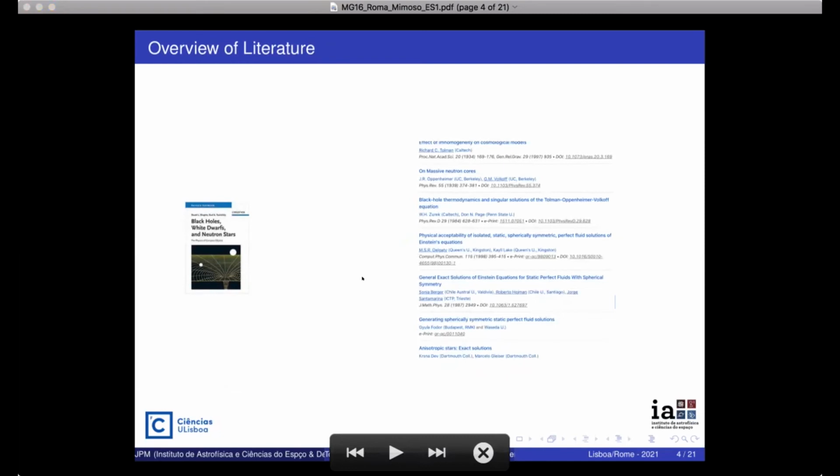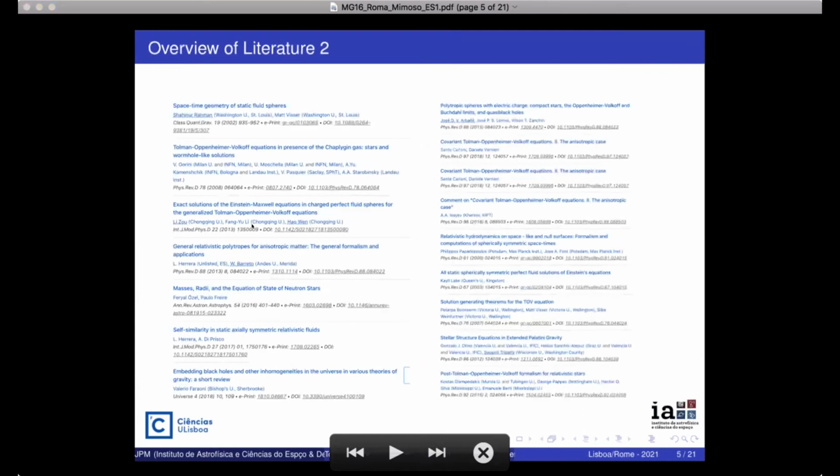I mean, this is a textbook equation. It has numerous applications in astrophysical objects like black holes, white dwarfs and neutron stars. This is a well-known book, and you can find many papers